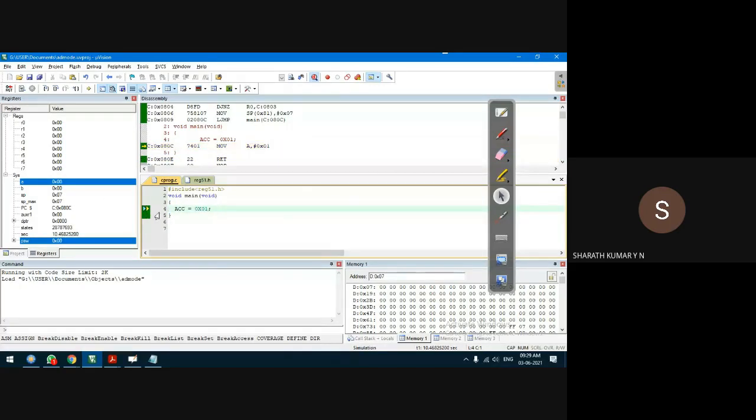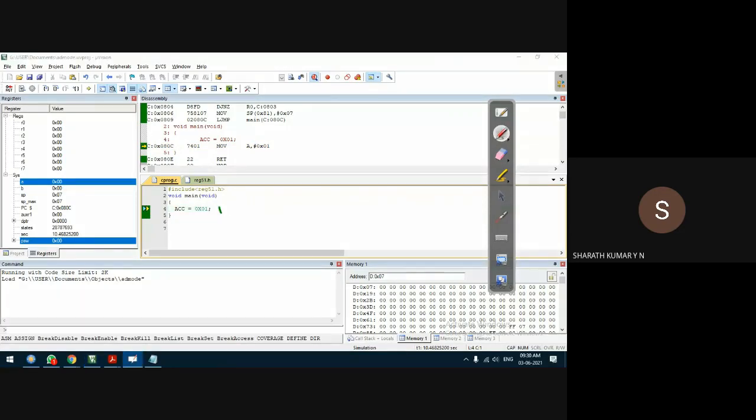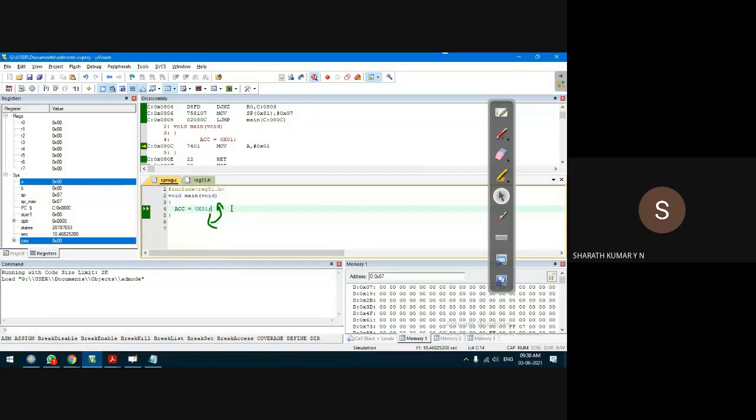You can see that the program executes between these two lines, that is the accumulator line and the closing curly bracket. When I press F11 on my keyboard, 1 is transferred into the accumulator, and when the closing curly bracket is executed, the data is reset. It will go back to the main function, that is accumulator. It is storing the data into the accumulator.